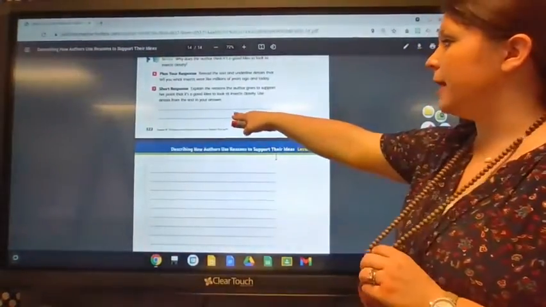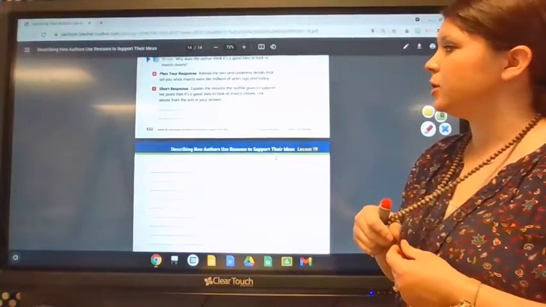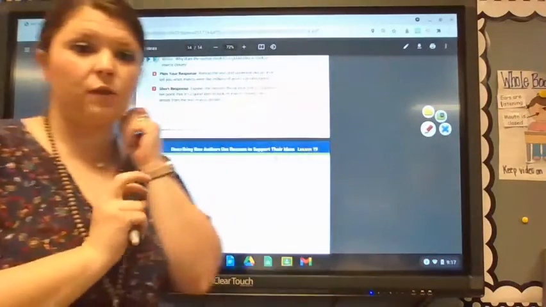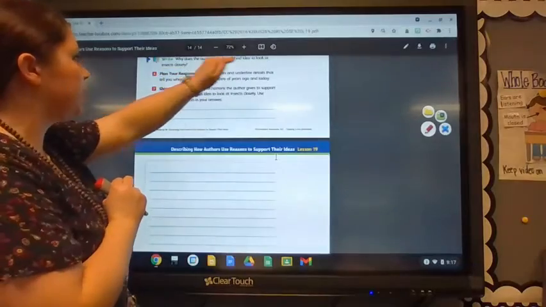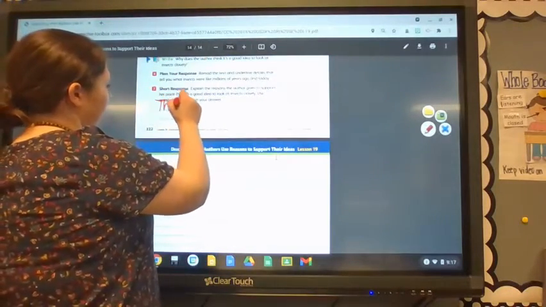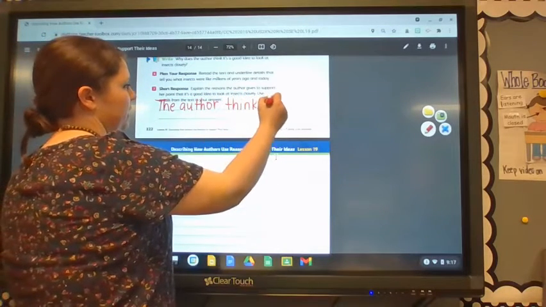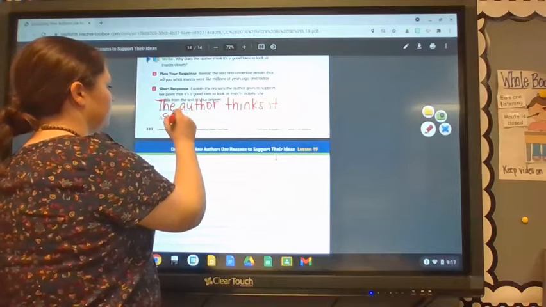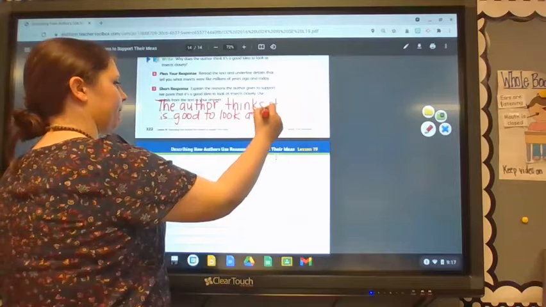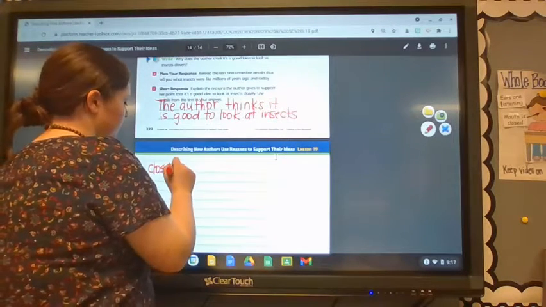So now we're going to explain the reasons that the author gives to support the point that it's a good idea to look at insects closely. So remember, we need to make sure that we restate and answer the question. So the question is, why does the author think it's a good idea to look at insects closely today? The author thinks it is good to look at insects closely because,